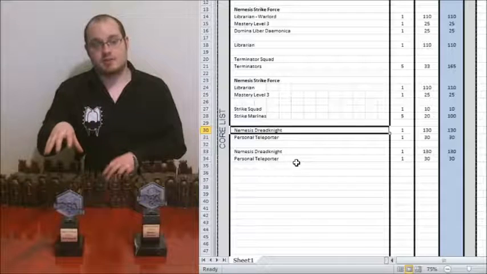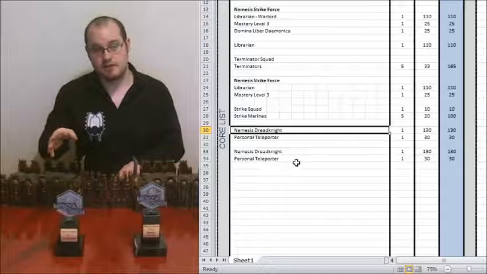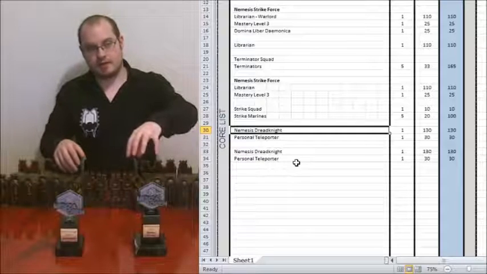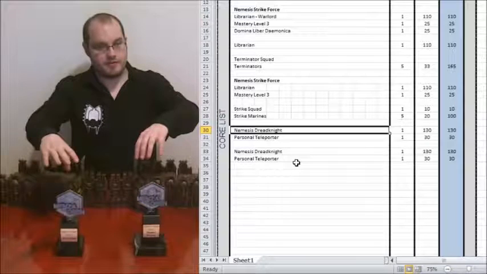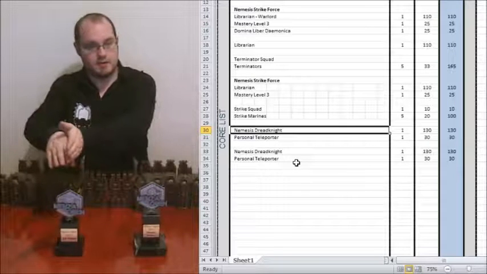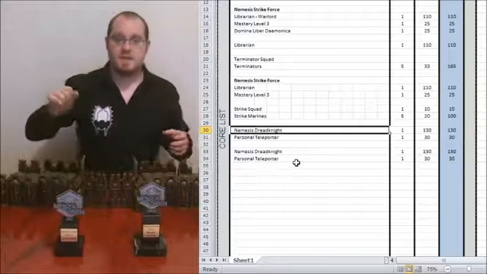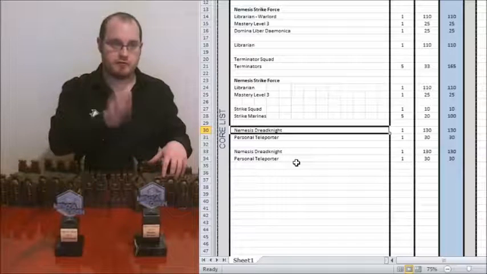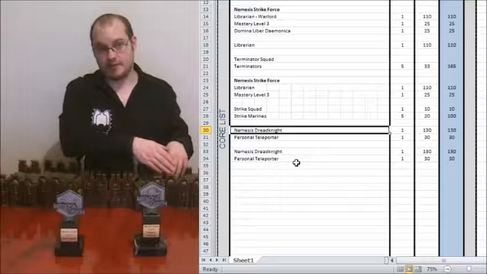My Death Star charged into his Dread Knight and smashed it. Then he moved his Death Star a bit closer. Then my Death Star ran and smashed the other Dread Knight. Then he charged me with his. So I took out both of his. Meanwhile, his Death Star was throwing Vortex of Doom at my Knight, dropped it down to a single hull point remaining,